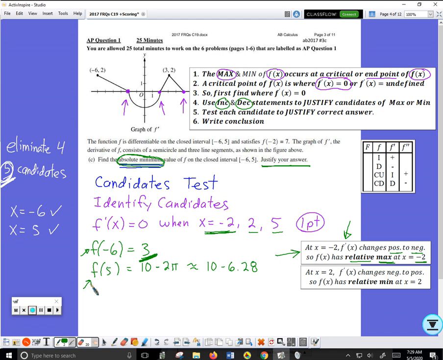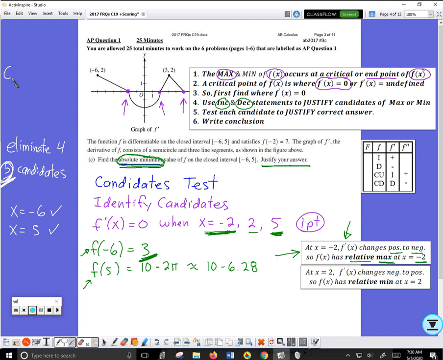I've eliminated x equal negative 2. That can't be the lowest because that's a relative max. x equal 5, that's an endpoint. I've already checked that as well. So I really only have 4 candidates. My 4 candidates are,